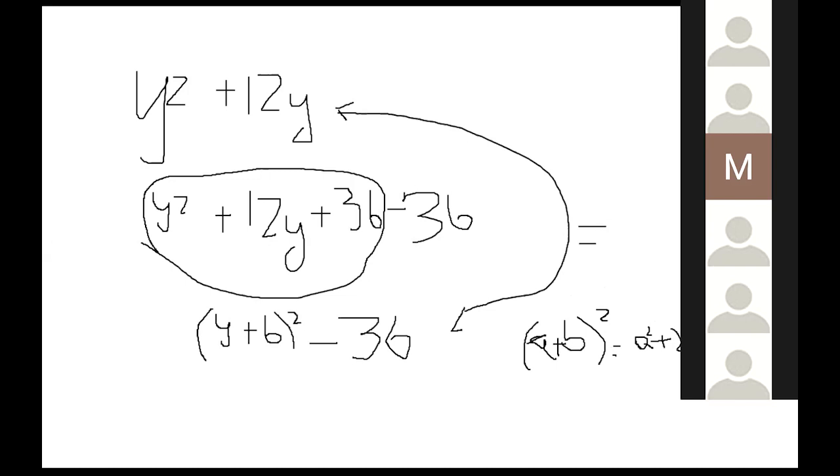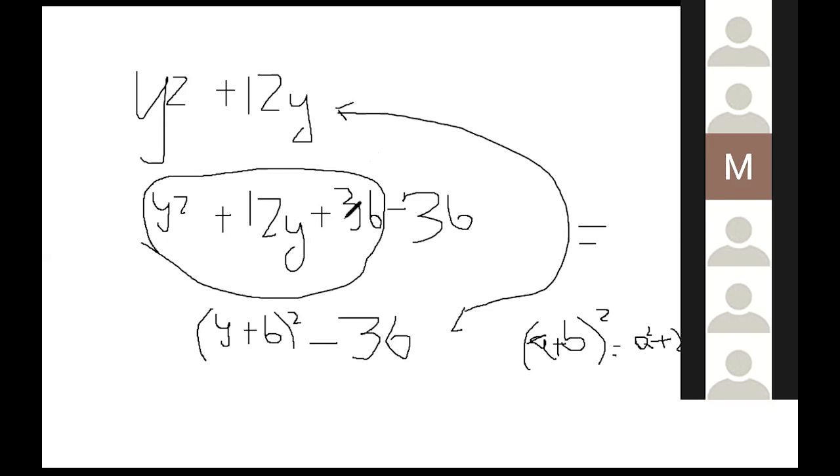So what? But the first equation is not... Wait a minute. Here, A for me is Y. Okay, one Y. I see. So it's one. So if I divide it, I make here 2 times 6 times Y, I'm going to have what? 12Y. So if I divide 12 by 2, you have exactly